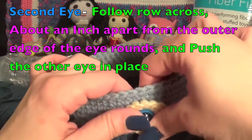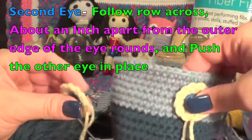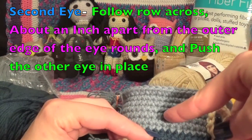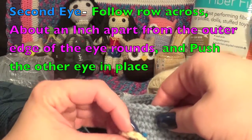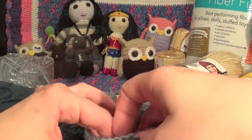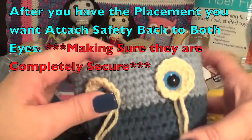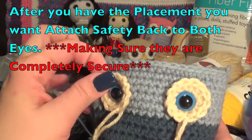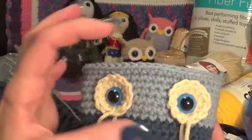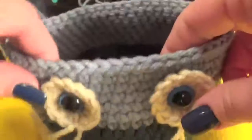And I didn't put the back on just yet, I'm just showing you. You'll push it through, and you'll space them out. So you'll follow your row across, and you'll space them out a bit, and you'll push through your second one. I'll show you how I do the back. And so you just want to make sure, you know, not too far apart, not too close together. Not bad so far, looking pretty good. So you'll push through,